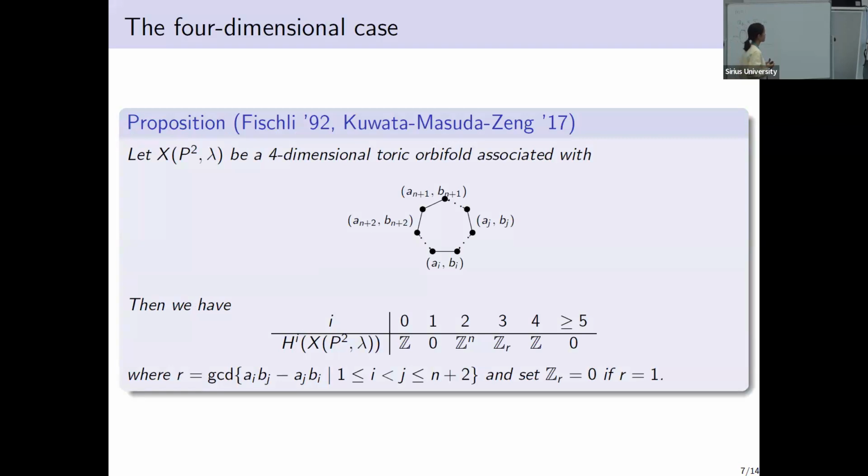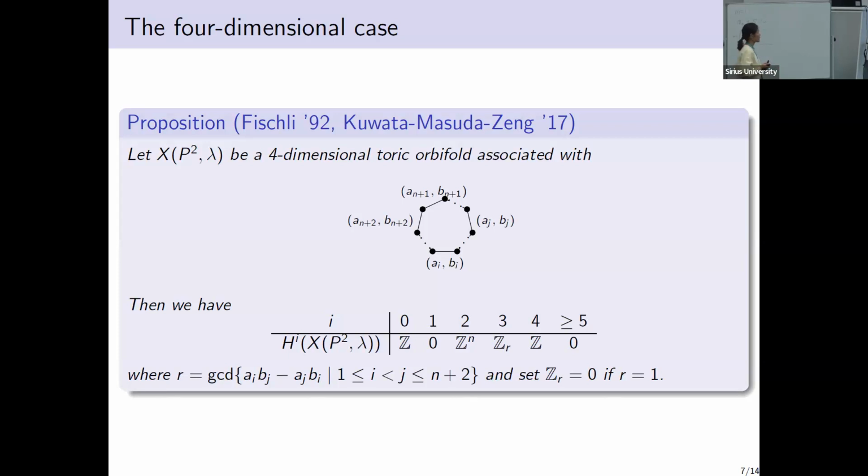Before we talk about the ring structure, let me recall the cohomology groups for a four-dimensional toric orbifold. Fishley calculated the cohomology groups in 1992 in his thesis using the language of toric varieties, and later on Kuwata, Masuda, and Tseleung considered a larger family of orbifolds called torus orbifolds, and the result showed that for a four-dimensional toric orbifold associated with an